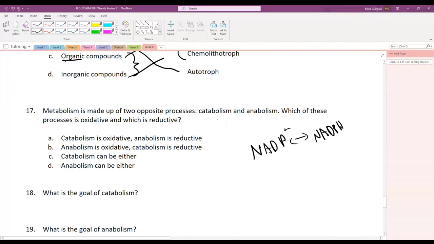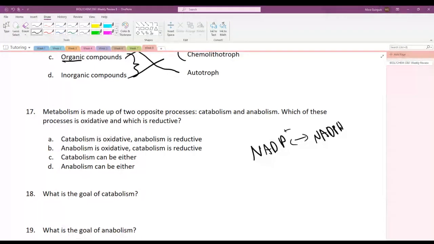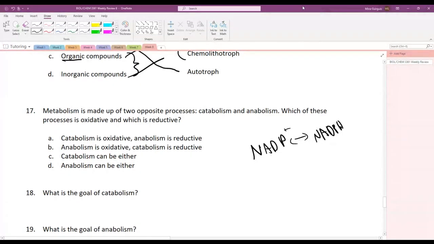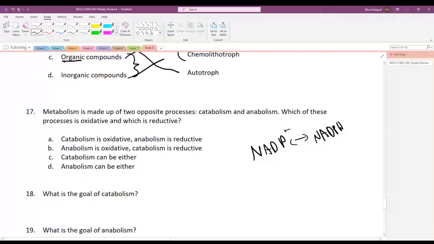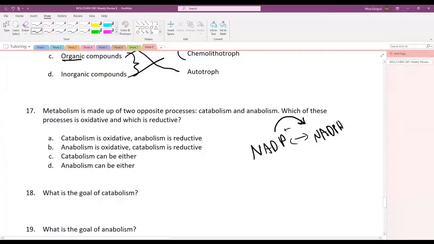Okay? And one of catabolism or anabolism forms them, and the other uses them. So NADPH is what's called reducing power. It provides a lot of the power for biosynthetic reactions. It gives us the power that we need to build stuff up. So one half of metabolism is basically built around oxidizing NADP plus to NADPH, and the other one is built around using it to build stuff up and then kicking out NADP plus as a